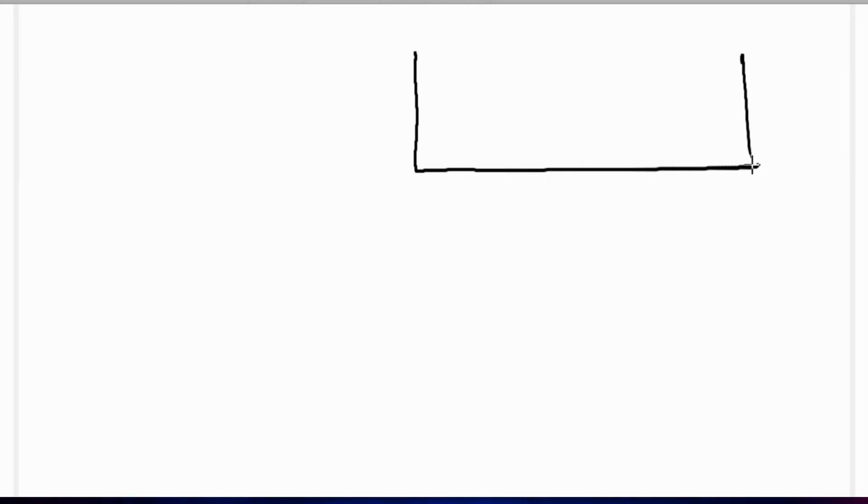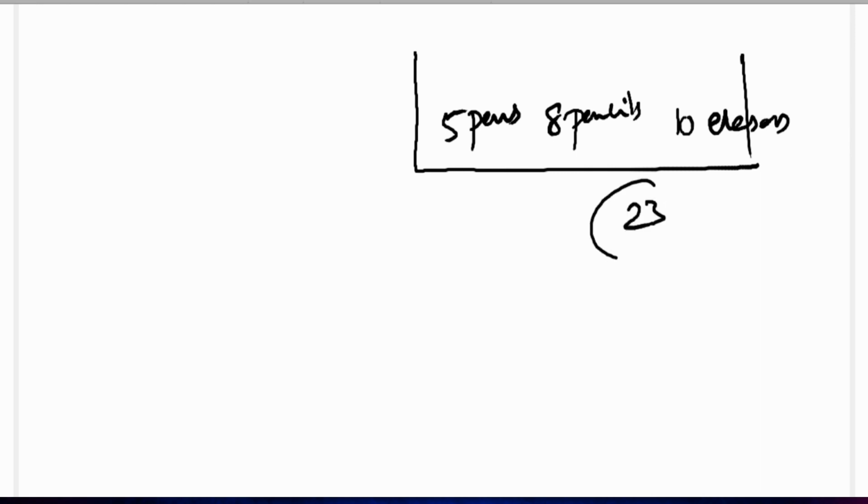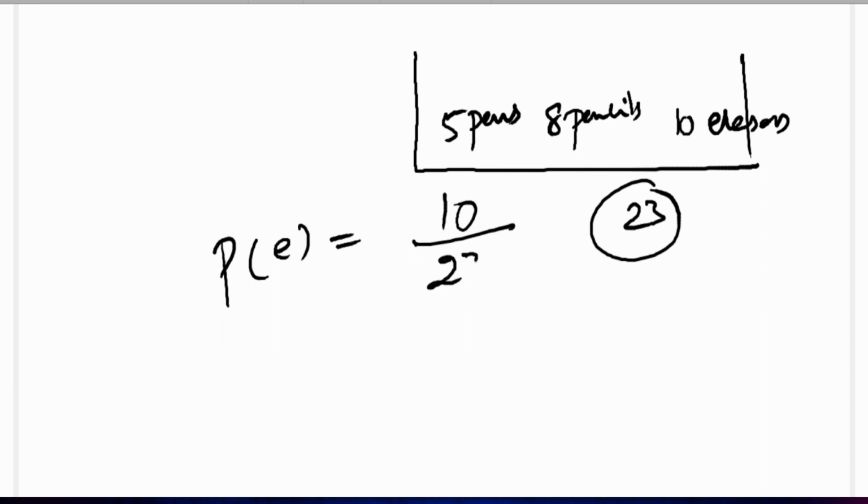So mostly they will ask in the same manner. Clear? Okay. For example, in a bag there are 5 pens, 8 pencils and 10 erasers. When you select one from the total, what is the probability to get an eraser? What is 5 plus 8? 13 plus 10, 23, means total is 23. Probability of getting an eraser, P of E, means there are 10 favorable outcomes, total outcomes is 23. So simply you can say 10 by 23.